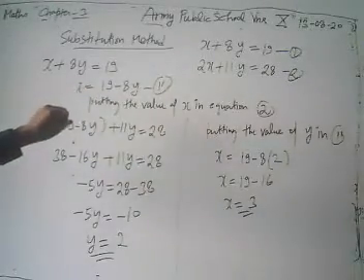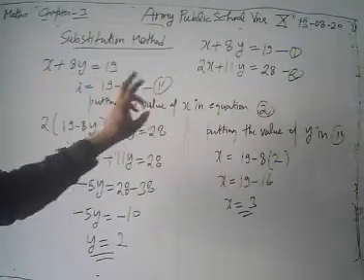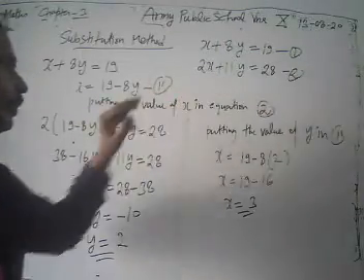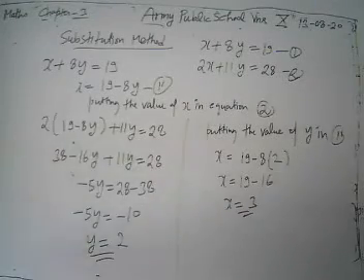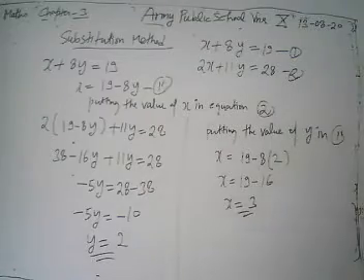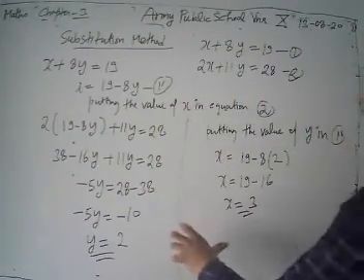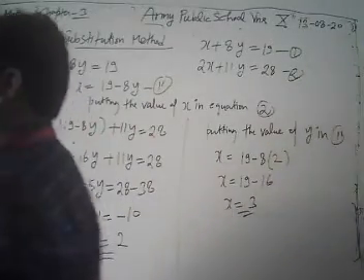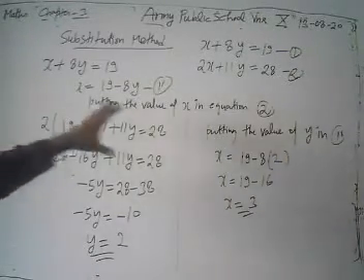Then in the second step, after expressing the value, we put the value of one variable in the second equation. We put the value of x in equation number 2 and solve it to get the variable's value. After solving, we get y equal to 2. This is our step number 2. In the third step, we put our variable value in our first step, where we expressed one variable in terms of the other. Then we get x equal to 3.